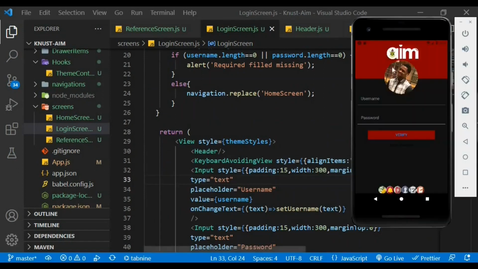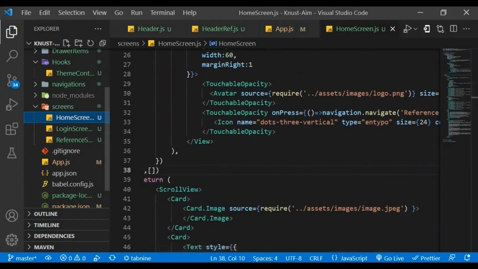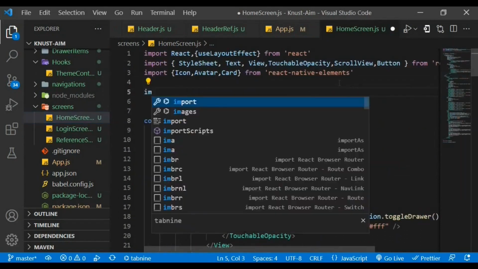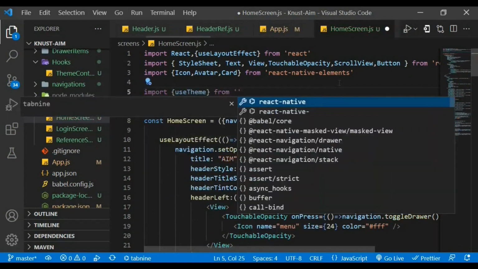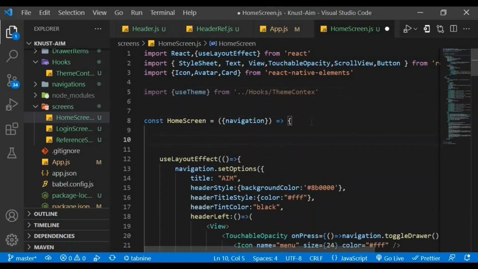There we go. We can see our background color set to that dark mode feature. Let's proceed with the home screen. So within the home screen, let's import useTheme from /hooks/themeContext, and we need to initialize that with a constant darkTheme and assign the useTheme as a function